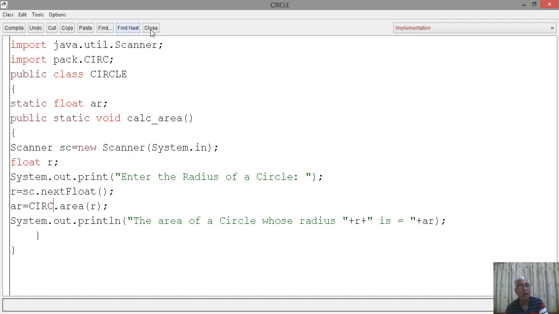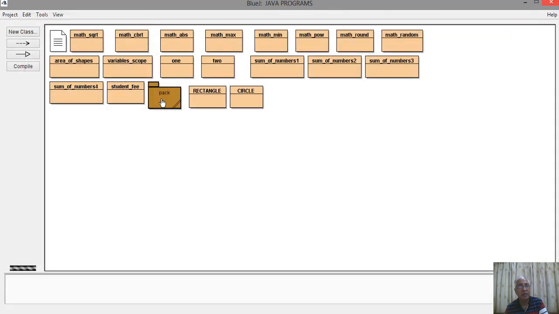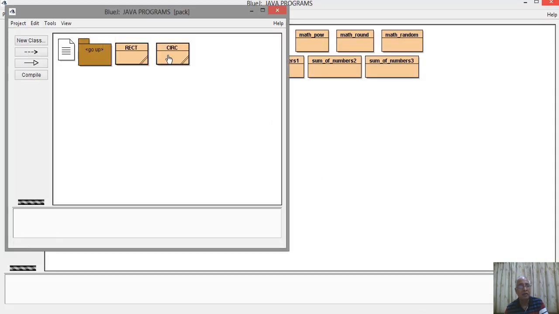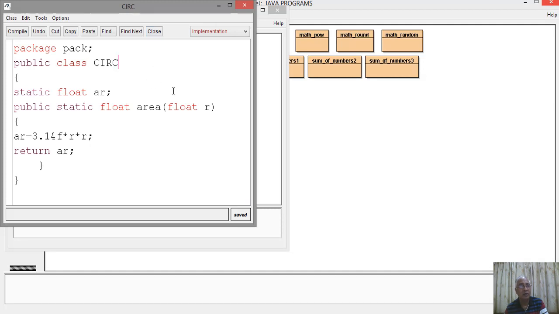So this is what is happening in this program. We are sending the value to the package pack. In this circ class we are receiving the value of radius in R and calculating the formula, that is 3.14, the value of pi, and R into R, that is pi r square. The calculation takes place and the value is given to AR.